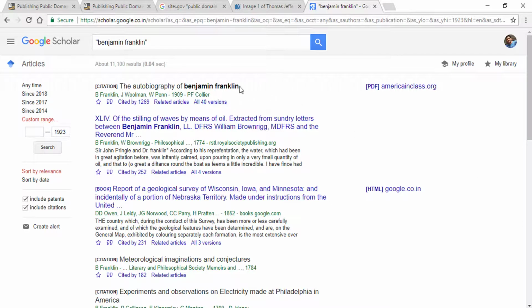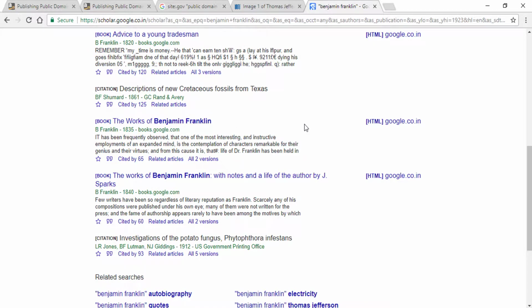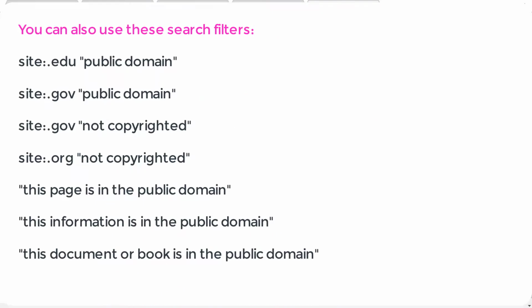Just make sure you don't go behind the popular ones like the autobiography of Benjamin Franklin, which has been published so many times on the Kindle store. You could go for something less known or more unique, where you can add more value to the book by adding illustrations and translations or your own annotations from the book or from history. You could also use these filters.